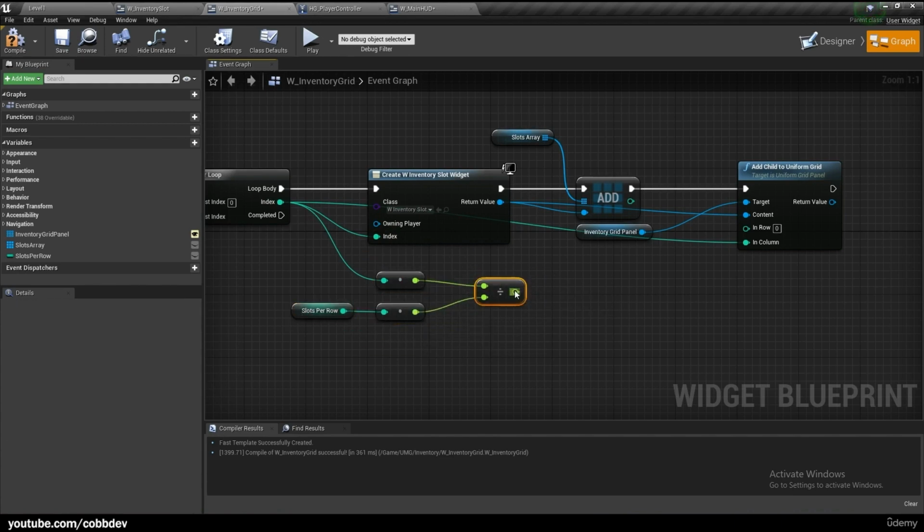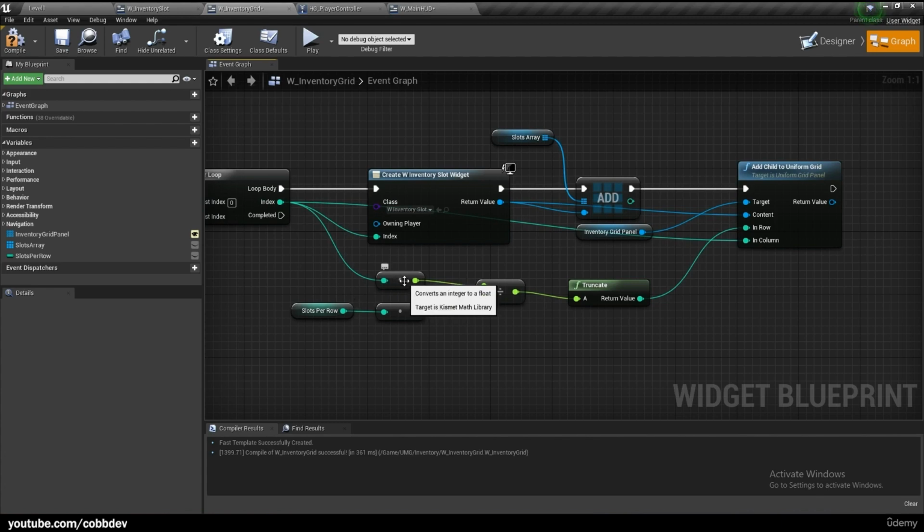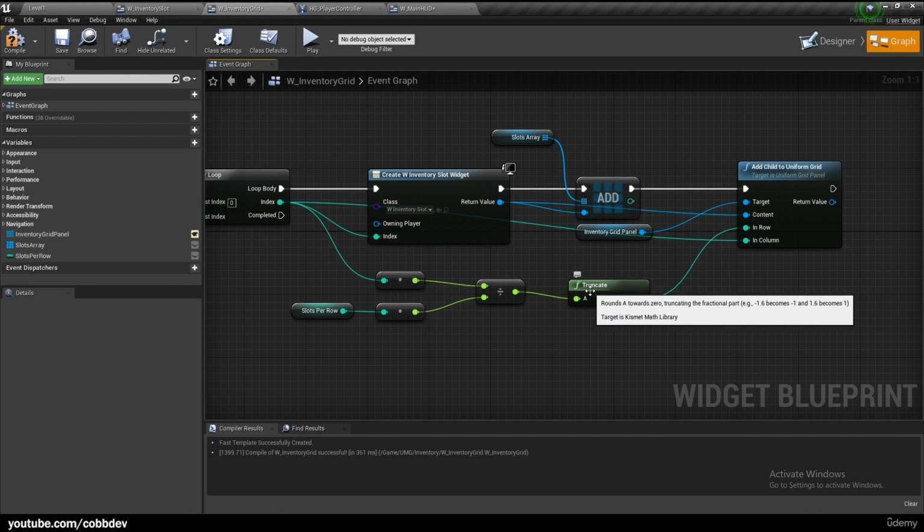Out of the output, we want to get a truncate and plug that into our row. A truncate will always round a number towards 0. In other words, a positive number will always round down, and a negative number would always round up. For example, once we're on our third inventory slot, which has an index of 2, we divide 2 by 4, and we get 0.5. This rounds down to 0 through our truncate, letting us know we are still on row